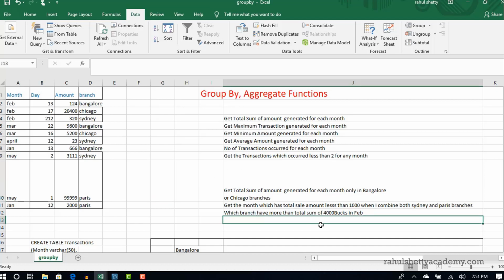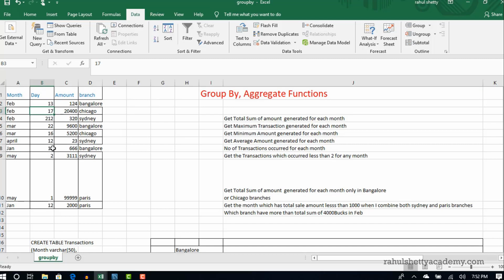As practice, try to find a branch which has less than 2000, or try group by day also. You can find out about the 13th date, group by day, and see which has more transactions, because the 13th is my favorite date. Some horoscope guy told me that I will make more money on the 13th, so I want to know whether it is correct or not. So group by day, and for 13 you will get one record, for 17 you will get one record, and you see which day you are getting more sales, and that is your horoscope number.